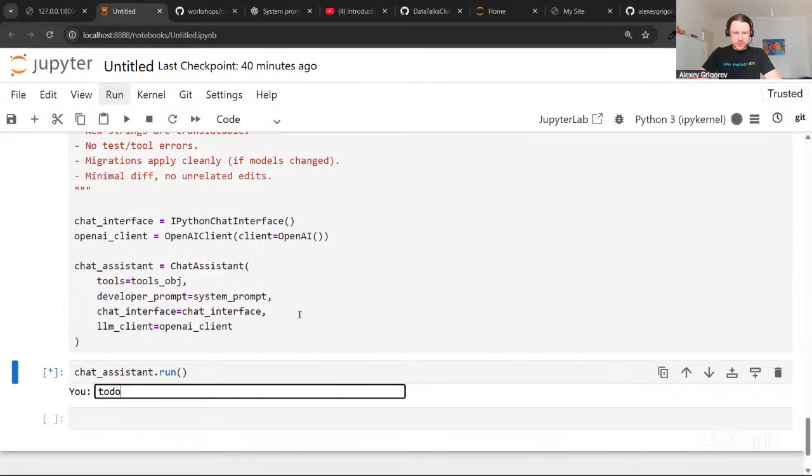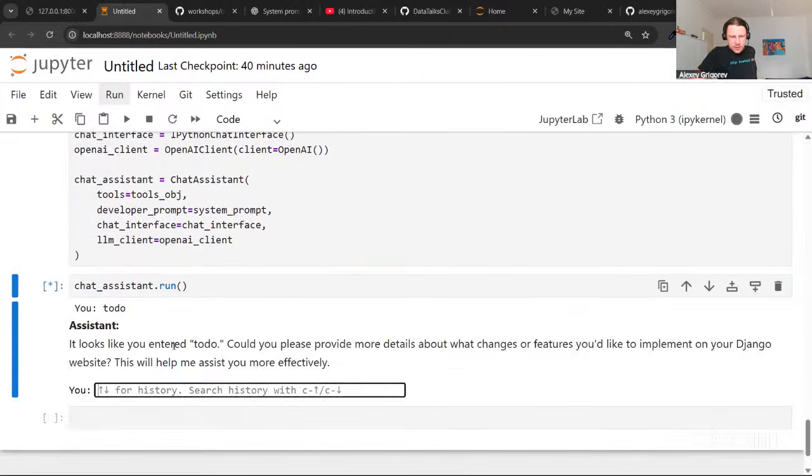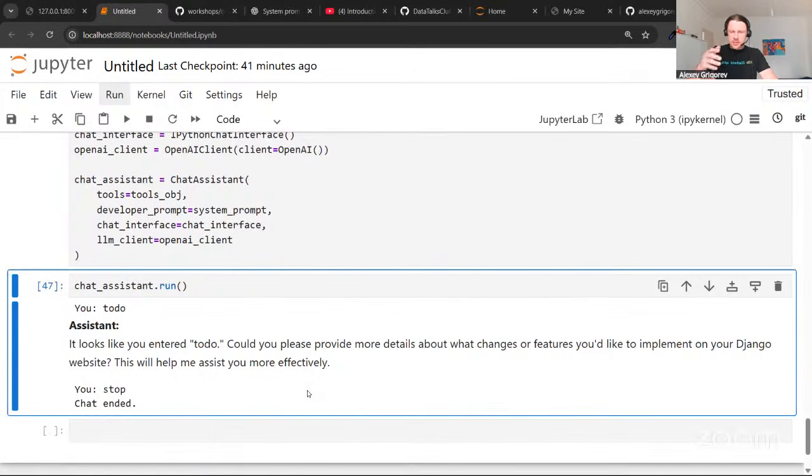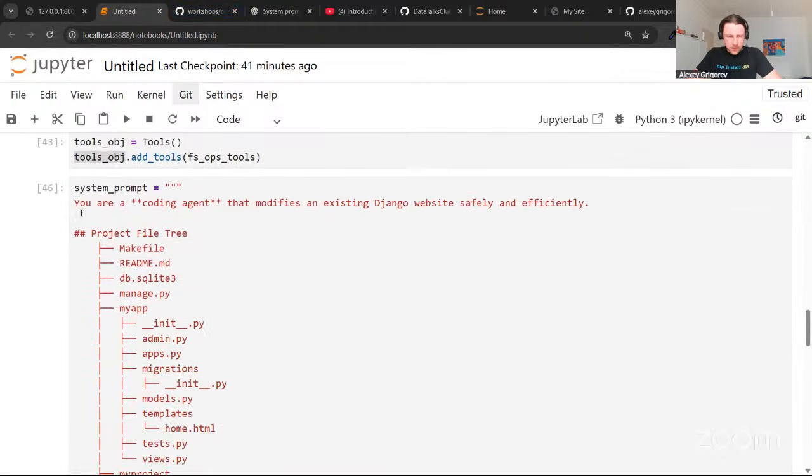So I will just say todo. Looks like you entered todo. Could you please provide more details about what changes or features you'd like to implement on your Django website? Okay, so what I wanted to actually do is I wanted to have the same experience as we had with Lovable. So it would just from a single prompt build an application. So what I will do,